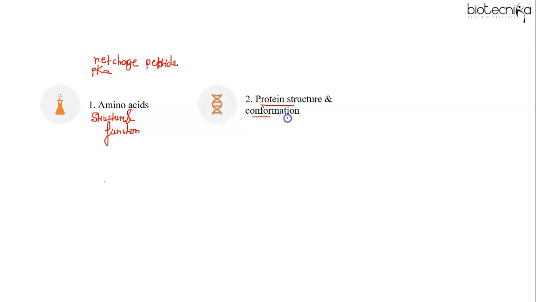Now, once you have studied amino acid structure and function thoroughly, then master protein structure and conformation. Study protein primary, secondary, tertiary and quaternary structures, and also study the Ramachandran plot. Part C questions are expected on the Ramachandran plot. Questions can be figure based or statement based, which are asked in combination with protein structure.